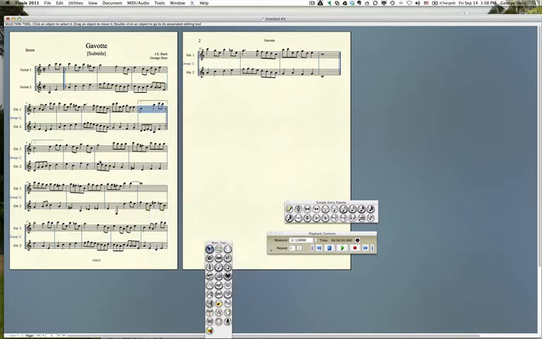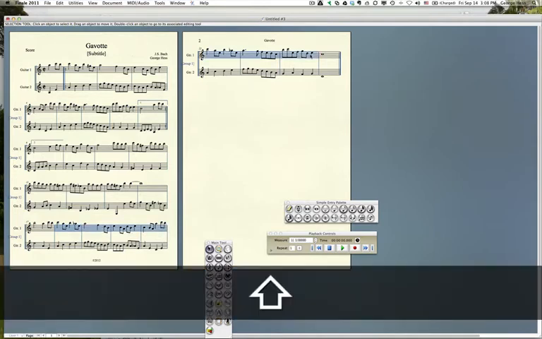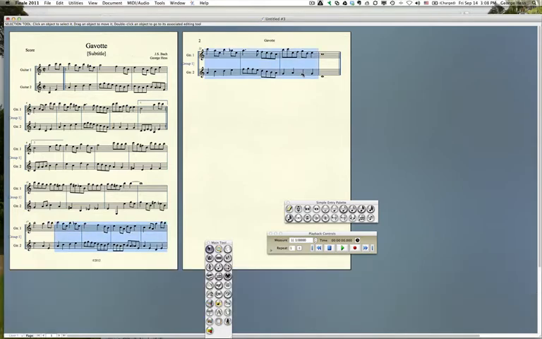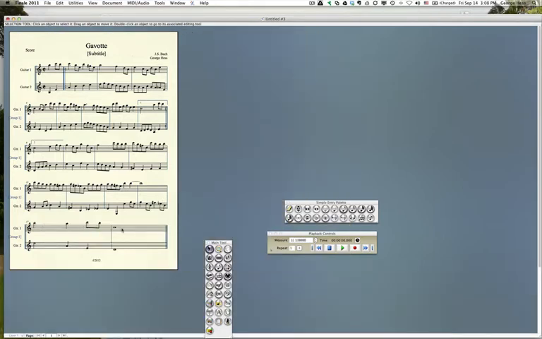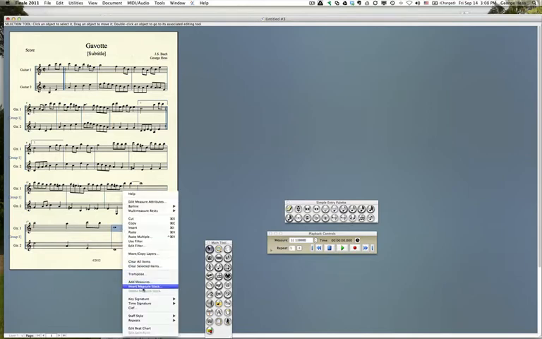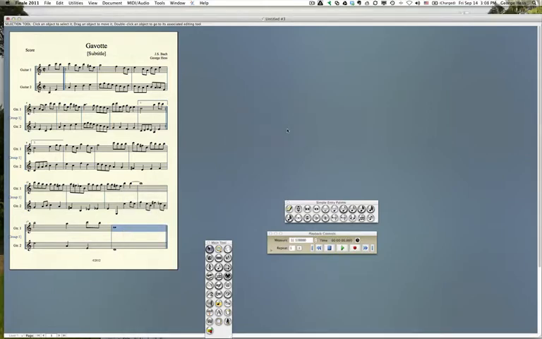There we go. Okay, and let's see, where does it repeat again? Well, it's right here. No sense doing all that extra work. Okay, and so we'll get rid of those too. Okay, and then I'm going to insert a measure right here, and I'll show you why in just a second. Okay, so now I've deleted all of that, and here's what this is going to be: my coda, because